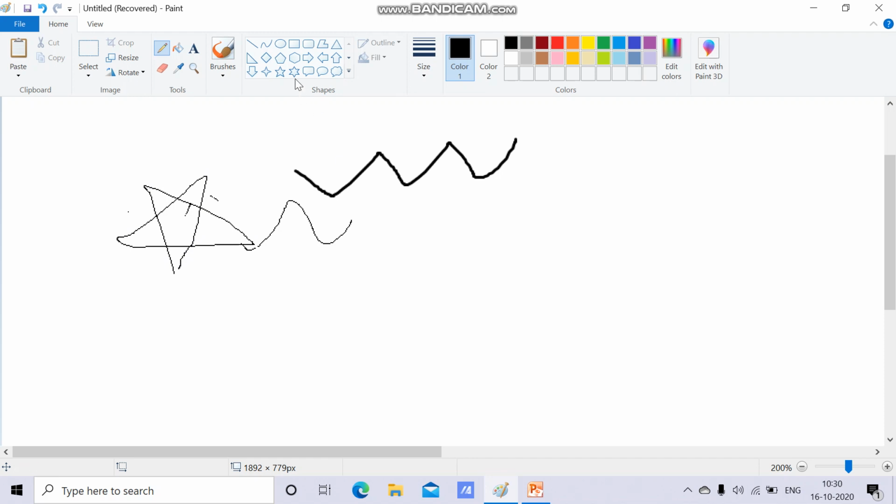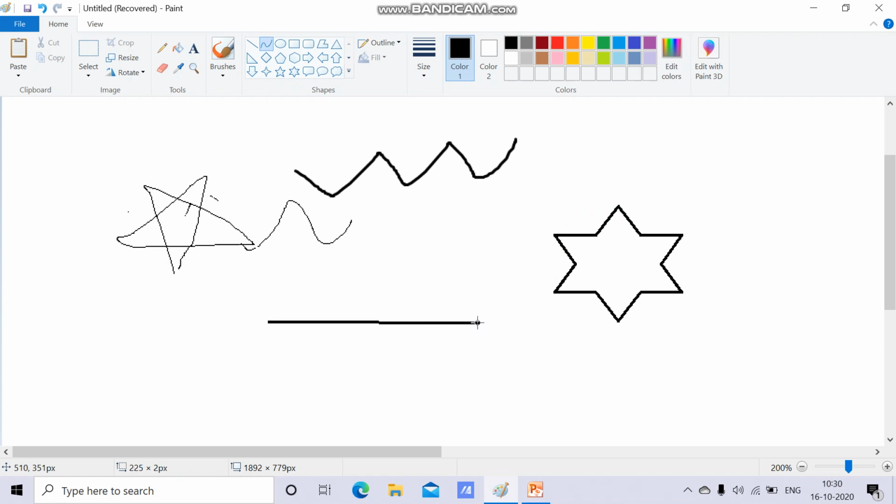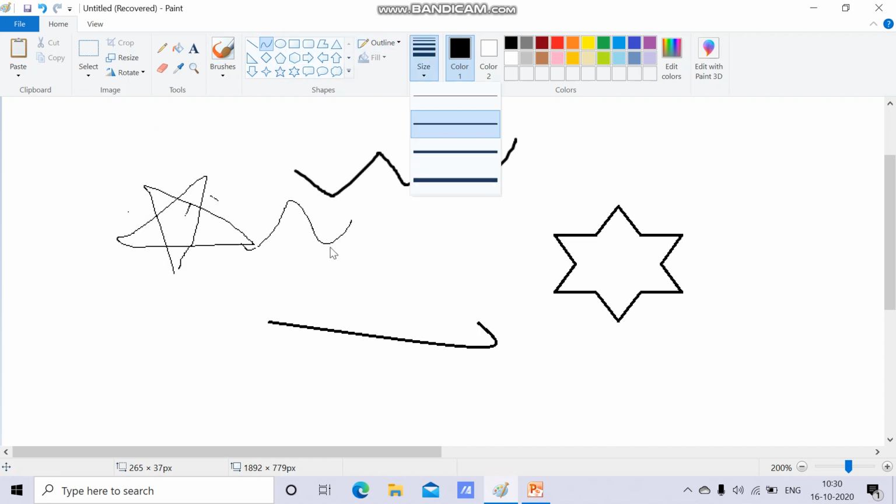You just go to this, select this, put your cursor over here and just drag it. You will be able to draw the star. If you want to draw a curved line, just select curve, put your cursor over here and just drag it and then leave it. You will be able to draw a curved line. Like this, you can draw different shapes and you can change the size of these tools also with this size option.